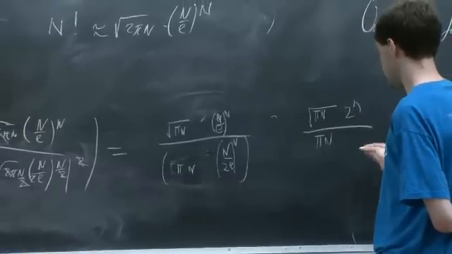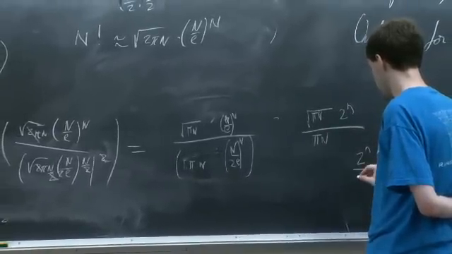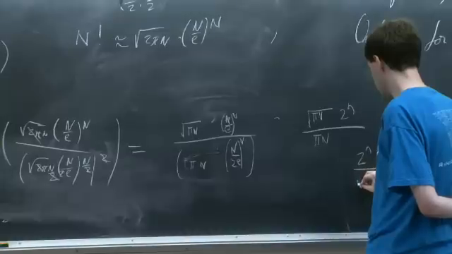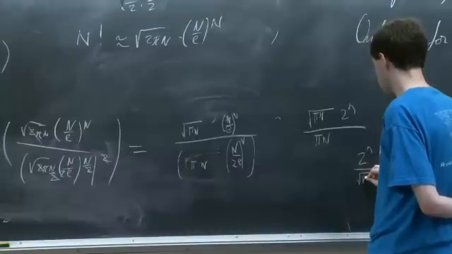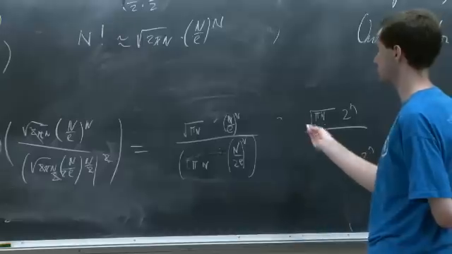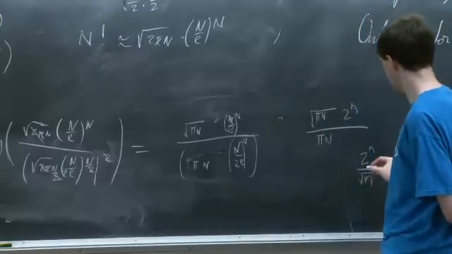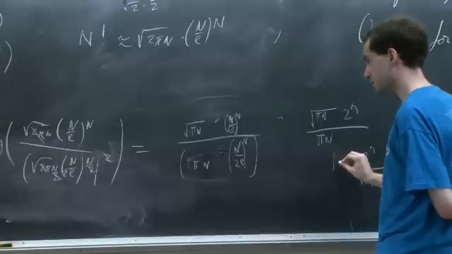We can do some more canceling and just get 2 to the n over the square root of n. We can take out the pi because it's in a natural logarithm and it's a constant factor. And this is fine. Log of